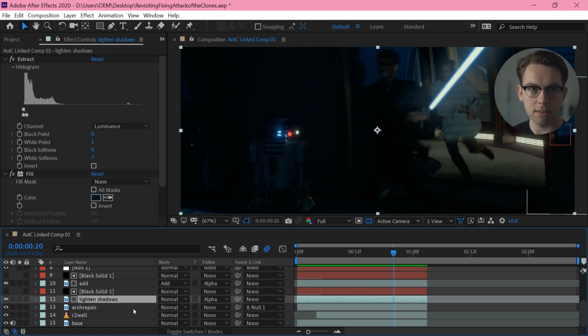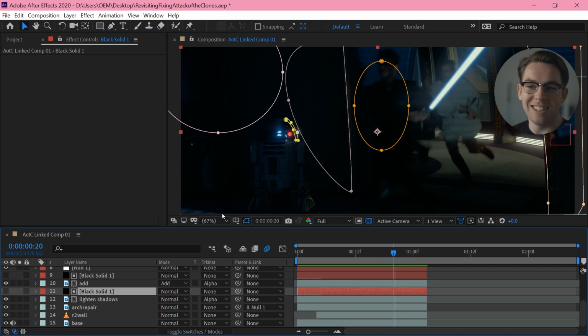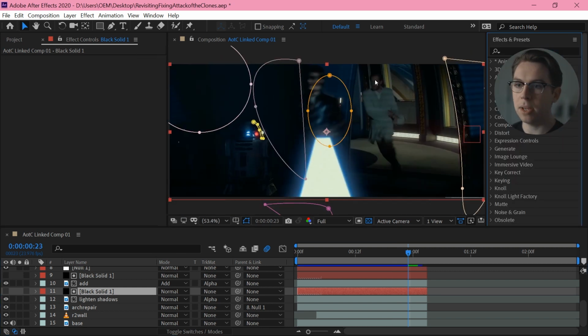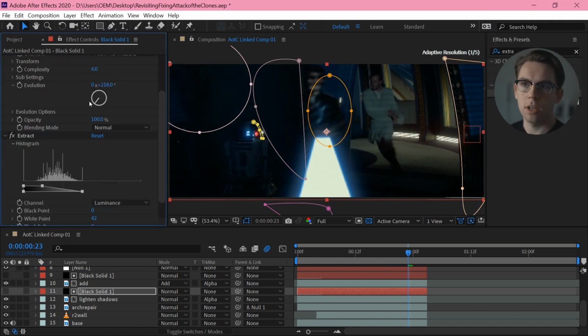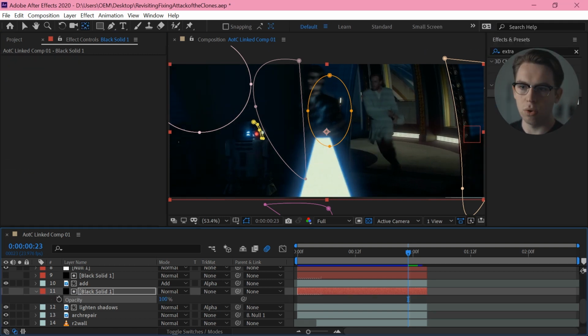So it's basically the same as just drawing the masks on this layer, but the benefit is it's a bit more flexible. There's no need for me to do it here. You could do something like add a bit of atmosphere to it, to give it a bit of life, or adjust the overall opacity of it.